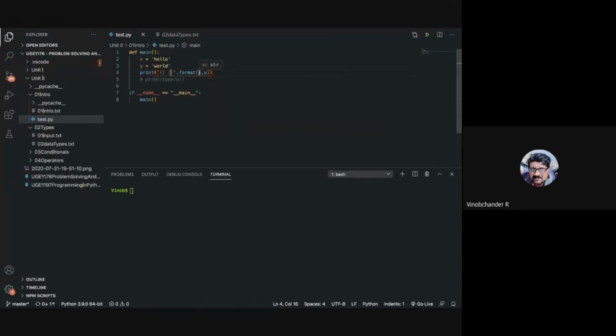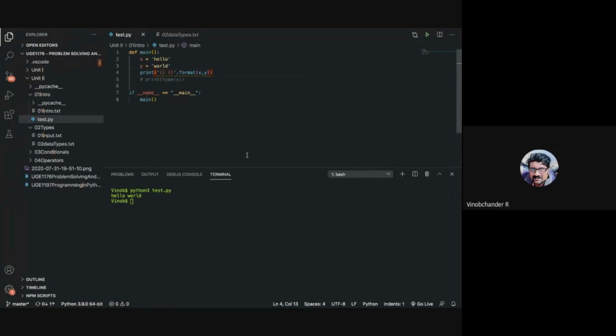So the value of x will go into this placeholder, the value of y will go into this placeholder. So the format method makes use of what are called positional arguments. So these are positional. Although here you don't specify any particular positional numbers, by default it starts from 0. So if you now run this program, it says hello world. So that's the default.